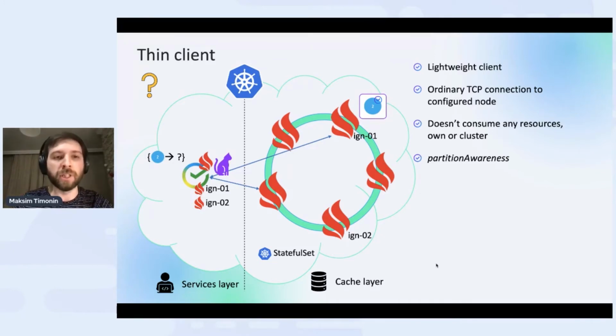For example, to run it in Kubernetes, you can configure your cluster with a StatefulSet, and it provides predictable naming for Ignite pods. You can create a prefix like IGN, and then every pod in the cluster will be automatically named with the prefix and a counter. So in this case, we can configure our client with two nodes, IGN1 and IGN2, and let's see how it's